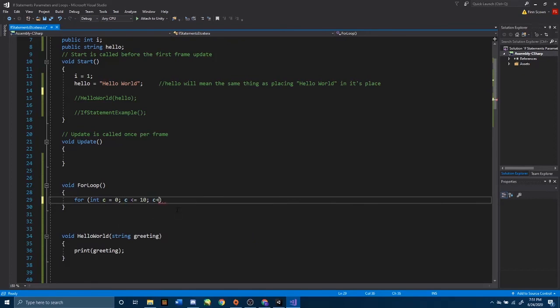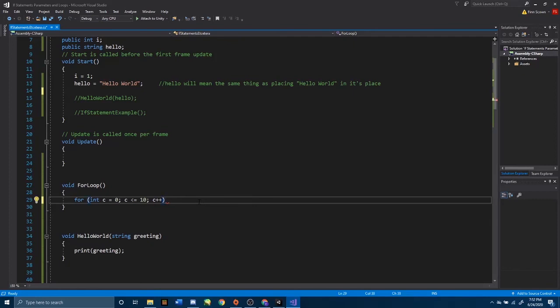plus plus. That is also the name of a programming language, but I don't want you to get it confused. That has nothing to do with that programming language. c++ just means you're taking the value of c, which is an integer, and increasing it by 1. It is the same as typing c plus equals 1. It is adding to the c value by 1 each time we return from a loop. So I'm going to keep it as c++,